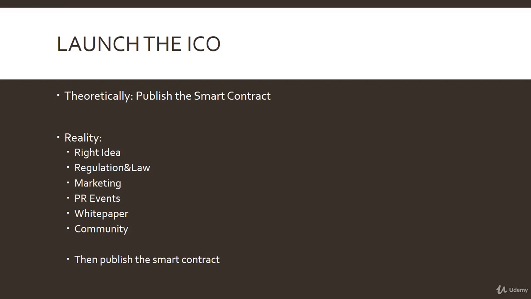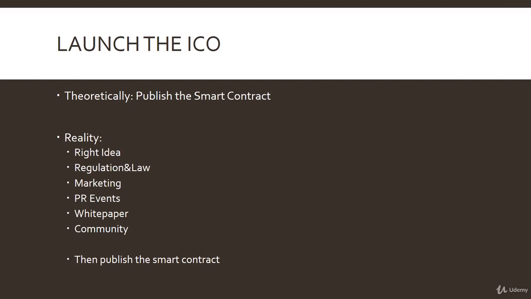You have to get your white paper right, and your community, of course, must stand behind your idea. And when this all, and probably a lot more, plus a bit of luck, is on your side, then when you publish the smart contract, people will buy in and they will exchange Ether for your tokens,